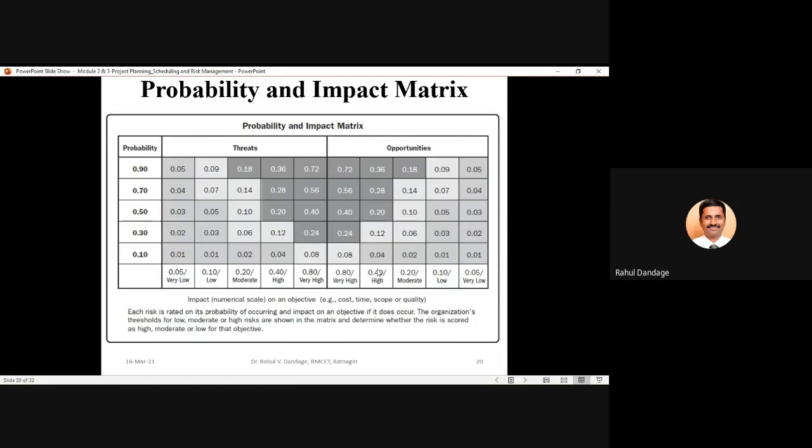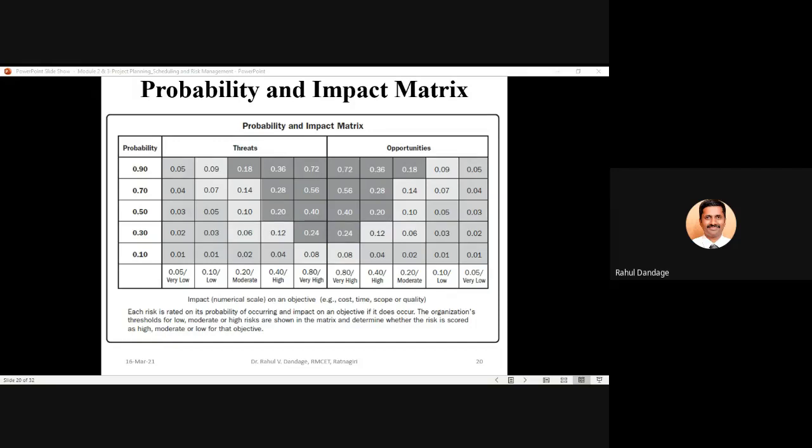So this is a sample probability versus impact matrix. This is with reference to the Project Management Institute's PMBOK, a standard PI matrix which is given. You can observe that in the first column there are probabilities 0.90, 0.70, 0.50, 0.30, 0.10.